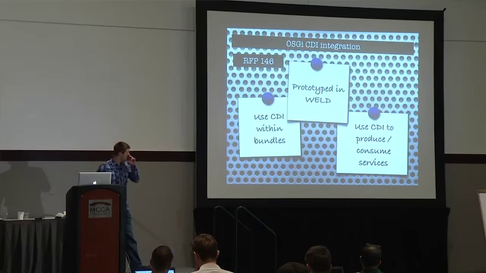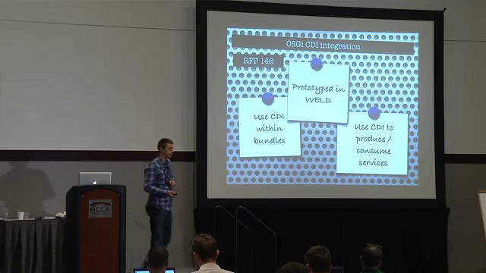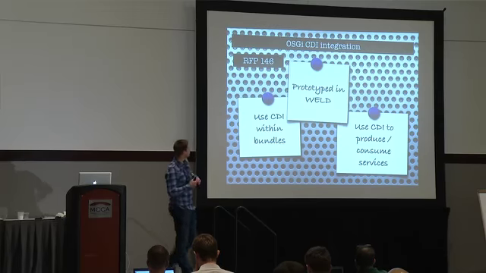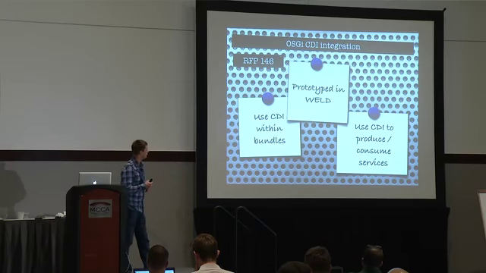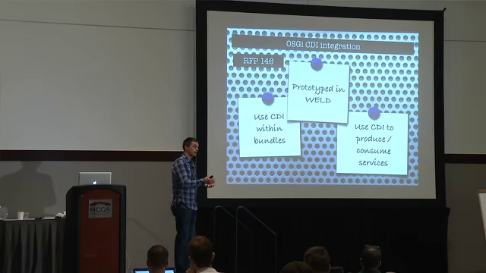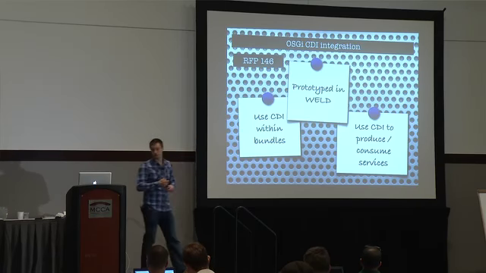Another very interesting thing is that in the OSGi space, a spec is being written at this moment. Well, they started writing it to use CDI from within OSGi bundles, and to use CDI to export and import services. So the things that I did with an activator and the Felix dependency manager just now in the code can be done with CDI. This is being prototyped in Weld, the CDI implementation, also made by JBoss. So you can start playing with it, but the specification is still under development.